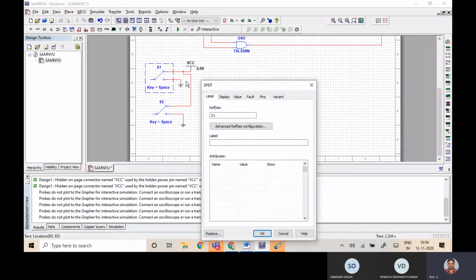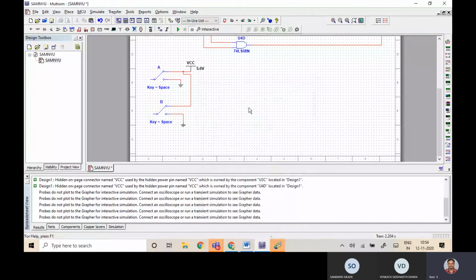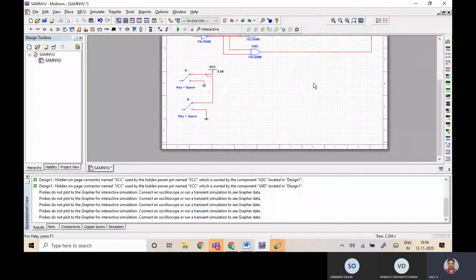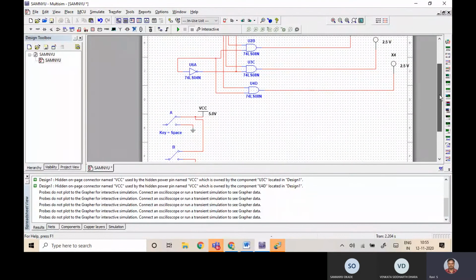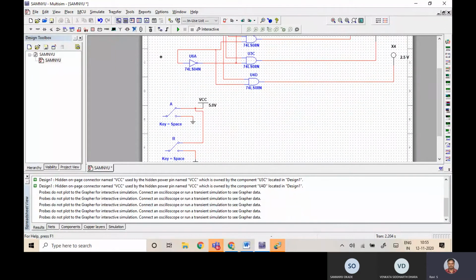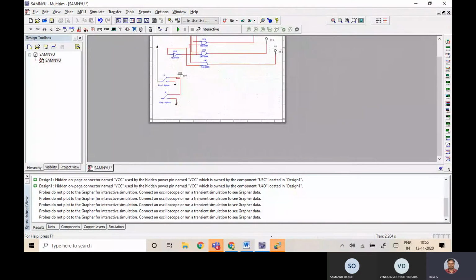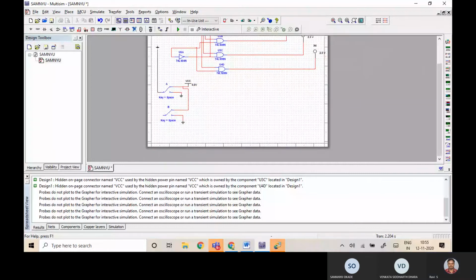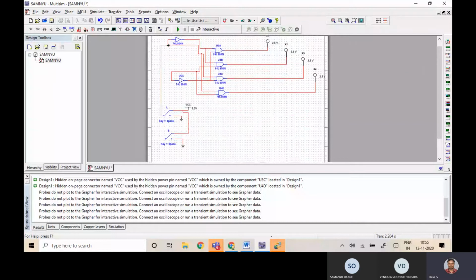Okay, I'll give this one as A, then this one as B. Now I have to connect this to the A side, B side.